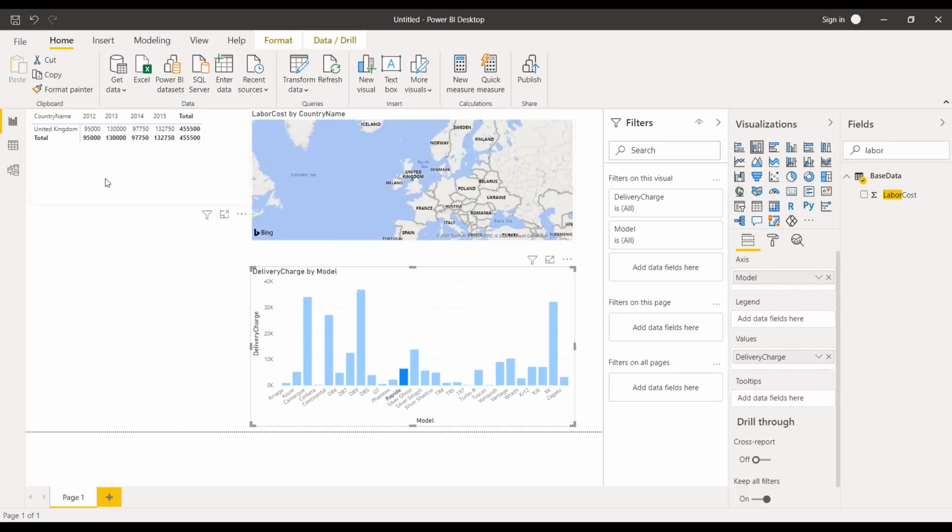So if you select anything in any visual, the remaining visuals in the report will automatically be adjusted and reflect the same entry at which you are standing in the specific visual. So that is the interaction between the visuals in a report.